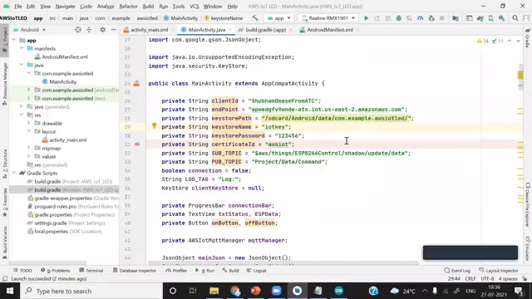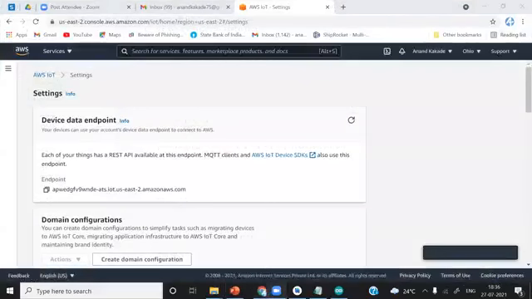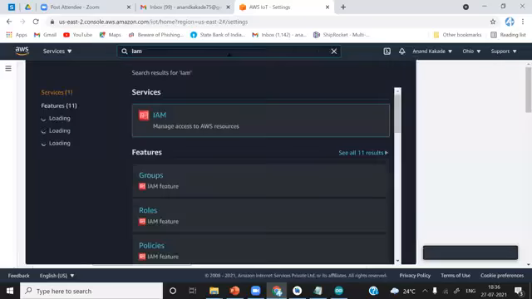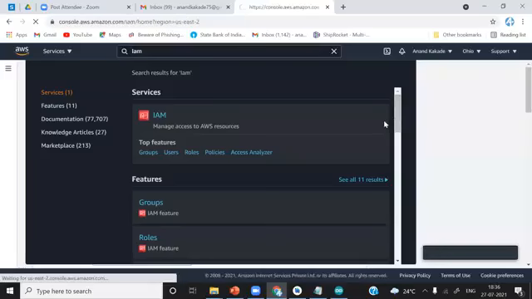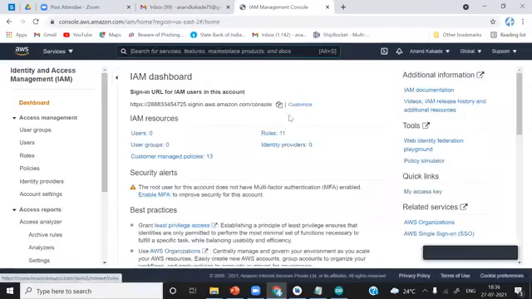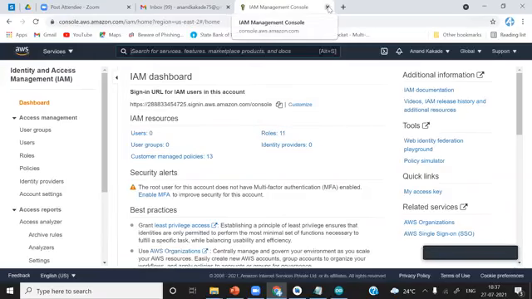And there is a fourth one using the IAM console in AWS IoT. You have to sign in. I'll just simply show you IAM: manage access to AWS resources. From here, you can give the access. You have to log in and sign up, and put in your email ID. So using this management console also, you can connect with AWS IoT. This is also a little bit complex. That is the reason I've just included the first method.